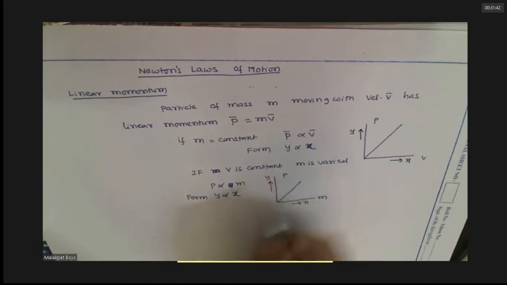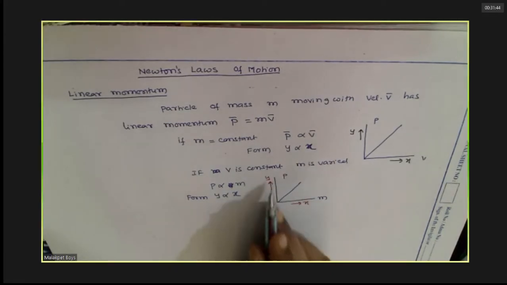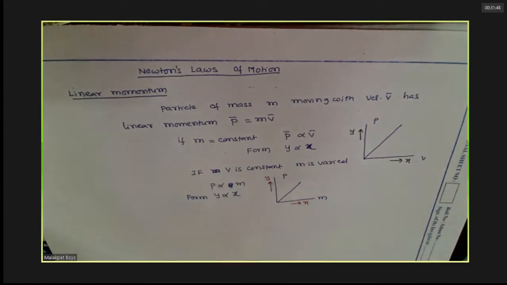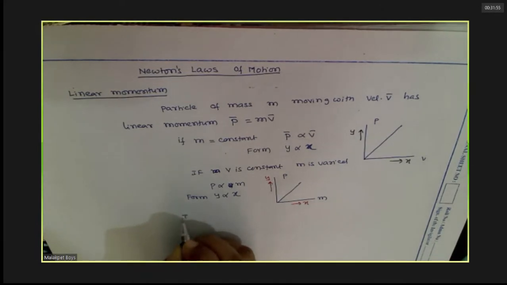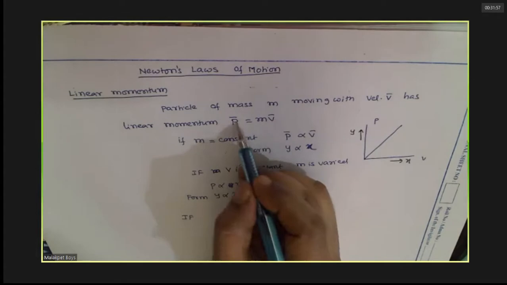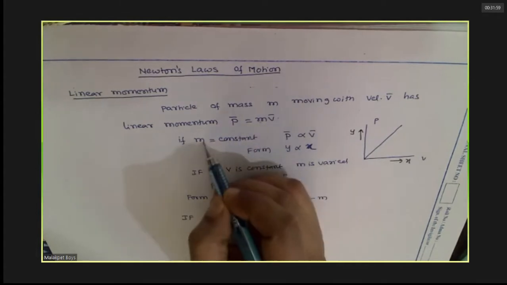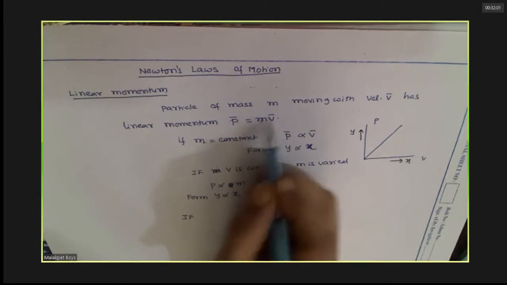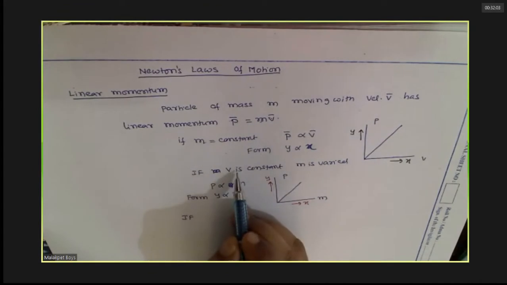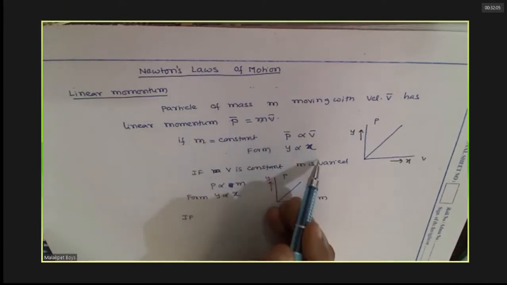Now, suppose on x-axis you are taking linear momentum, on y-axis you are taking mass, and the area between them is R of x. If P is kept constant, there are three things, P, M, and V. What happens if M is constant and V is varied? Which area? Suppose V is kept constant and M is varied. I'll write down the red area.